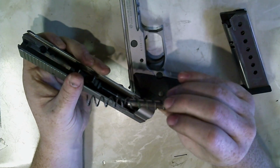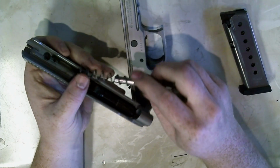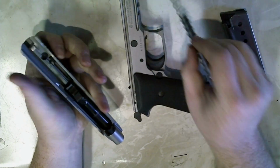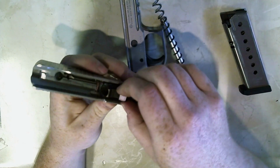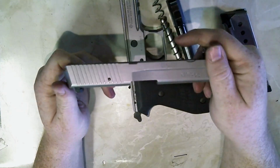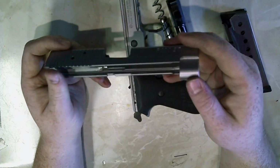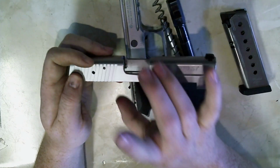These are very durable. This is stock factory Sig springs right here. Still has the green paint, actually. Then you have the barrel and the slide. Now with these slides nowadays, I don't know if you're familiar with the Sigs of yesteryear, but the Sigs back